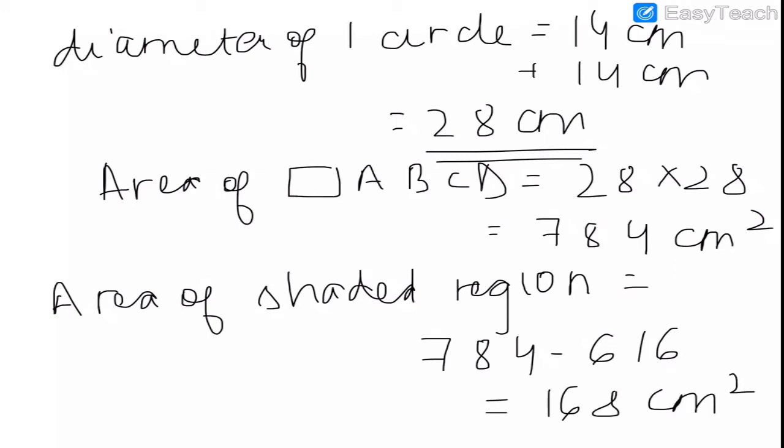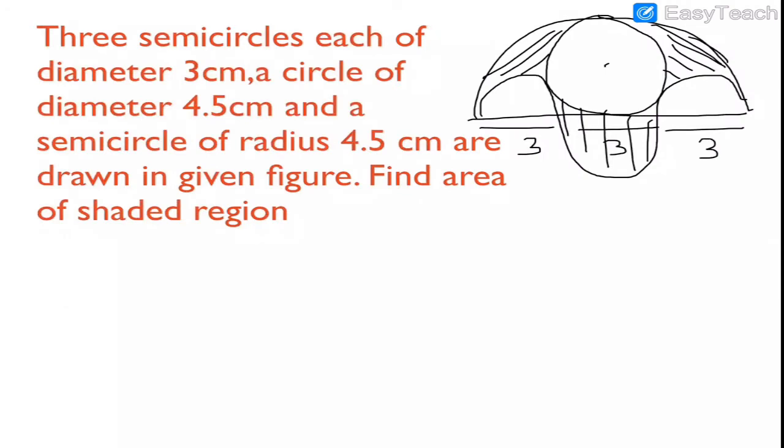I'd recommend all of you to practice these questions once to ensure better clarity of the concepts. You will get these type of questions for sure in your examination. Now this is the question and we have the figure in front of us. We know that in order to calculate the area of shaded region, first of all I would like to tell that here we are given 3 semicircles and their diameter is 3, which means radius is 1.5 centimeter each, and there is a big circle given of diameter 4.5.